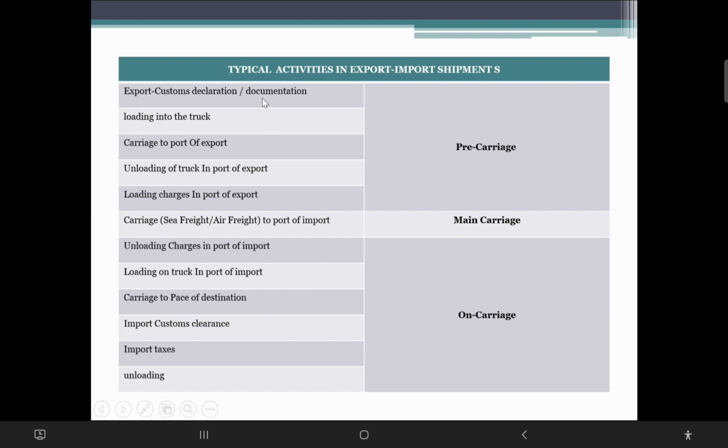Why are we talking about each? Because each of these is an important activity and it incurs cost. For documentation, for example, if I have to talk from Bahrain, if the documents are required to be certified by the Chamber of Commerce and Embassy, each paper will cost about 20,000, not each document. If an invoice has 2 papers, we have to pay on the basis of pages, and for something else we have to pay on the basis of the invoice value. So the documentation work is a little complex.